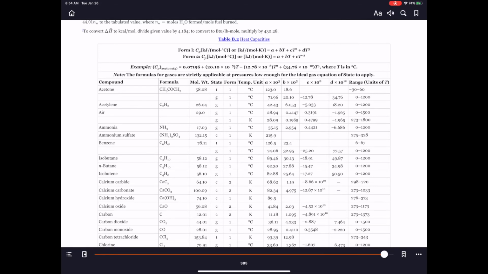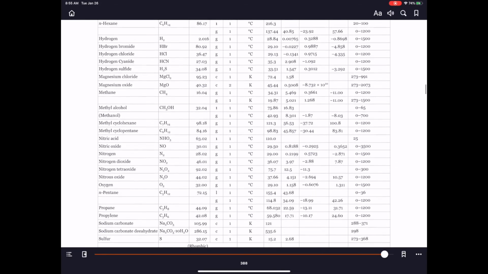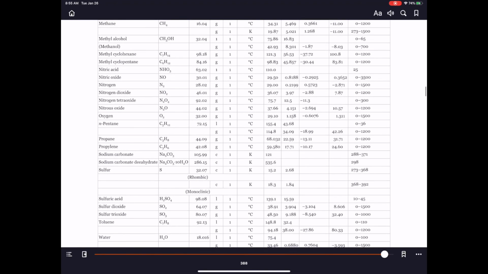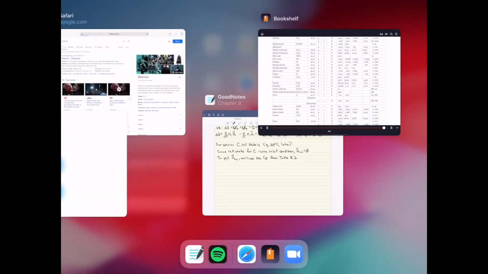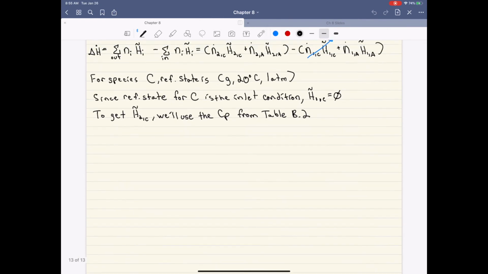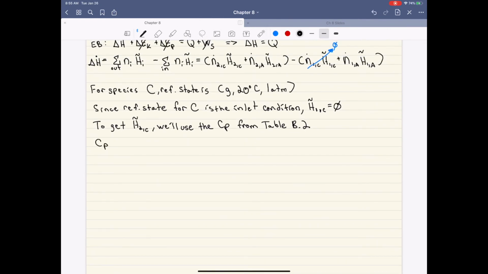So even though, going back to methane, the value is listed as 34.31 in the table, when we actually use it, we need to divide that 34.31 by 1,000. Just to show you how this is going to work, zoom back in. From the table, our functional form for the CP of methane is going to be this,